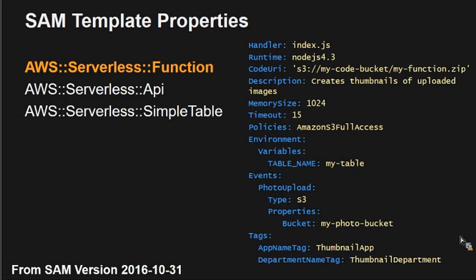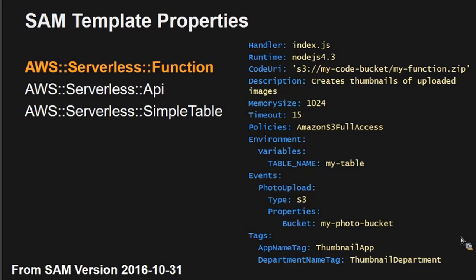So let's dive into a function here. Basically, these are all the capabilities that we have inside of a function as defined in a SAM template. So the handler, the runtime, where the code can live, our description of this function, memory size, timeout, the policies, and we can actually have an extended policy document inside of this based on the IAM policy syntax. We then can also specify environment variables, which we'll talk a little bit about later today, events, which we're going to talk about more in a moment, and then lastly tags,